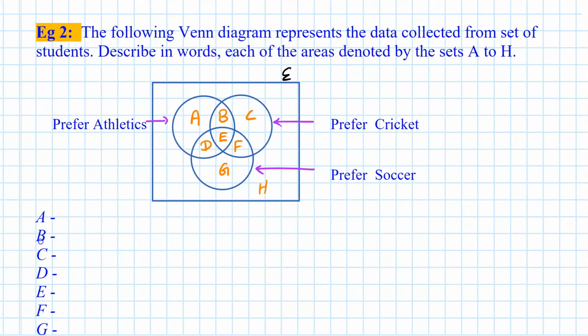Alrighty, let's have a look at this example. In this variation, we have been given letters indicating each area, and what we are going to look at is simply describing each of these areas in words. If you look at who prefers athletics, well, that's a circle which includes A, B, D, E areas, all 4 areas, not just A. But the A is the one that belongs to athletics, but neither cricket nor soccer. Hence, we can write down for A,